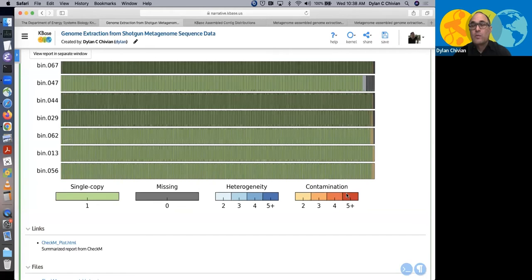Contamination is when you have more than one copy, but the two sequences are distal to one another, and those are more likely contamination. In this case, not contamination of the sample, but the bins themselves have had their contigs mixed. Maybe it's correct and maybe it's not, but overall, you can see that